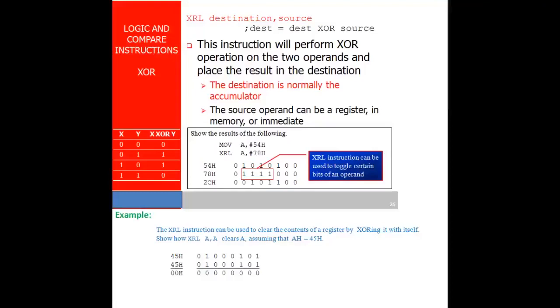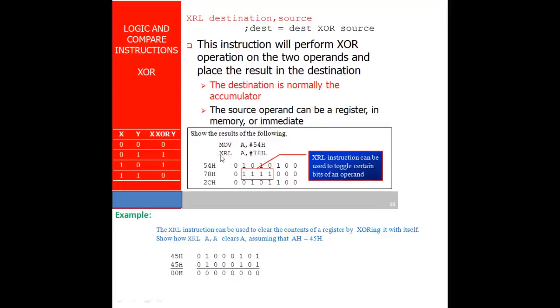And the source operand can be any register, or it may be the immediate value, or it may be stored inside the memory location. Okay, so from these two instructions we shall find what is the operation of the XRL, that is, XRL destination byte, comma, source byte. So move the value 54H inside the accumulator. After that,